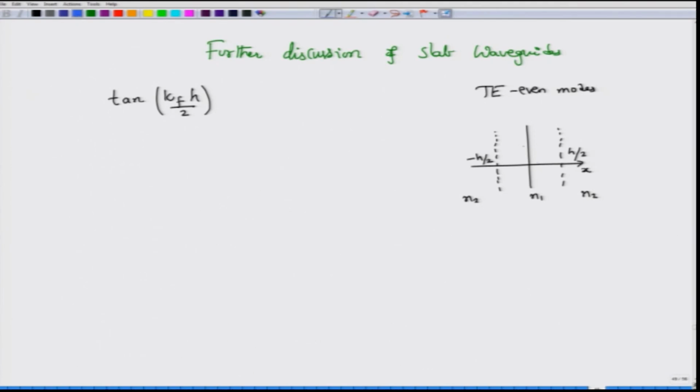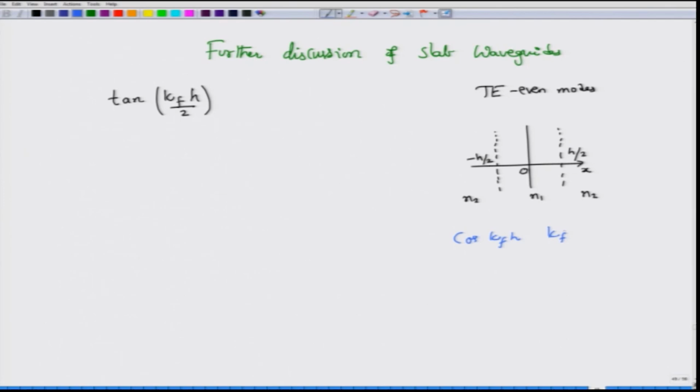So, when we say even modes, what we mean is that from the center of the axis, which will be at x equal to 0, if you were to plot the modes, you would have modes in the form of cos kappa f x, and we have already seen that this kappa f has to satisfy a certain relationship in order to